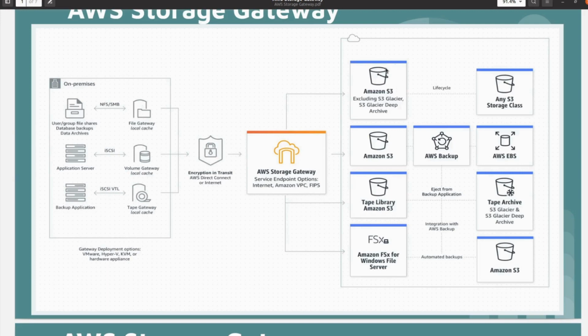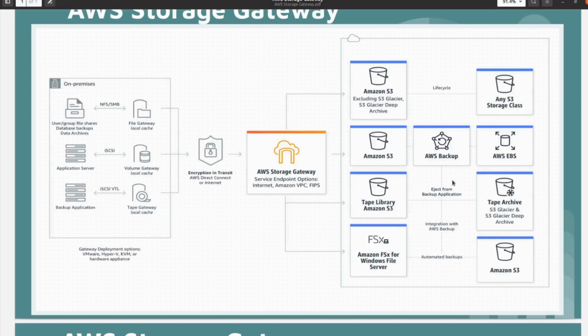We have different S3 classes available that we can use according to our use case. You can see here Amazon S3, S3 Glacier, S3 Glacier Deep Archive, and FSx for Windows File Server.